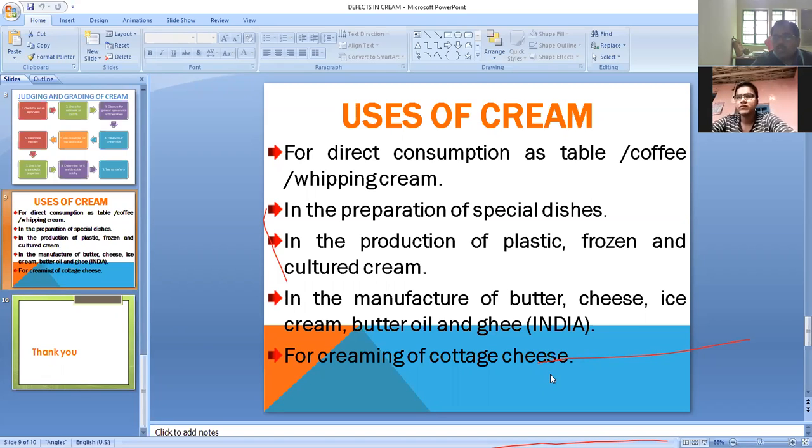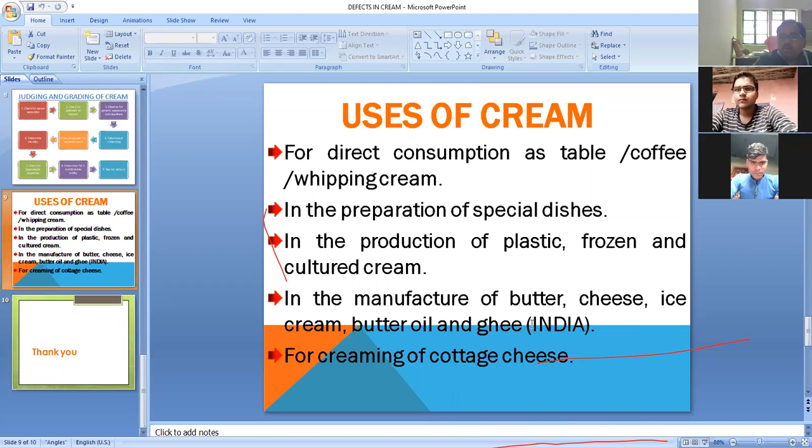So to make the cheese more palatable and more acceptable among consumers, we generally dress or top the cottage cheese with cream. So these are the different applications, or we can actually